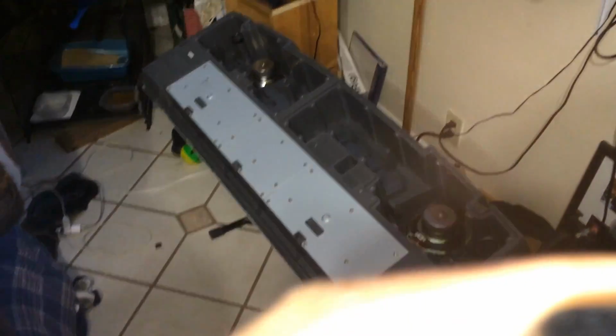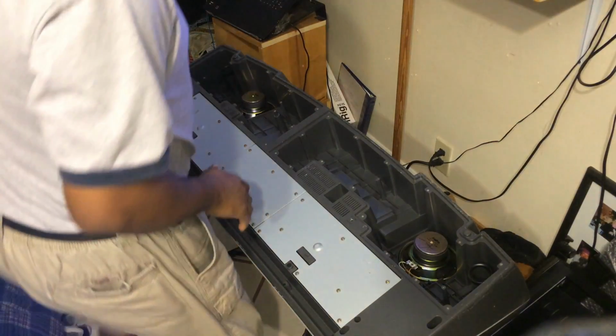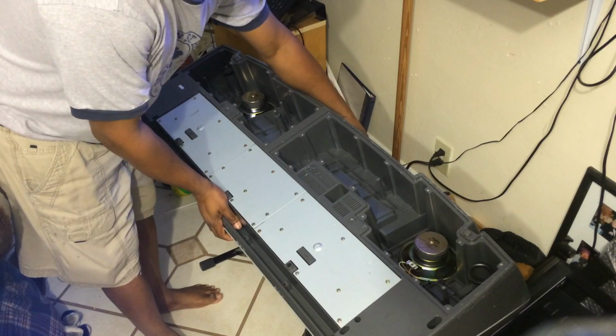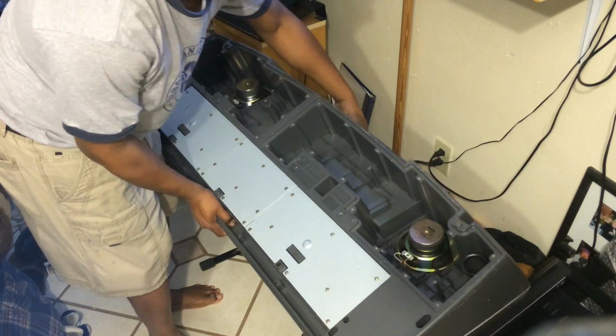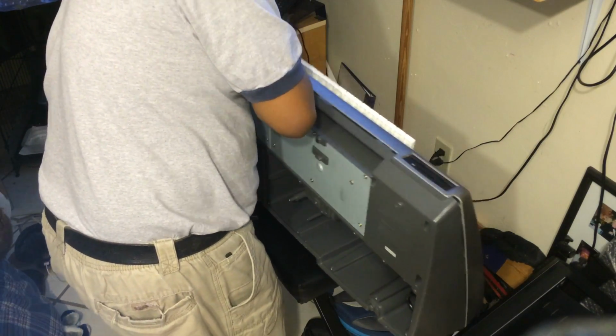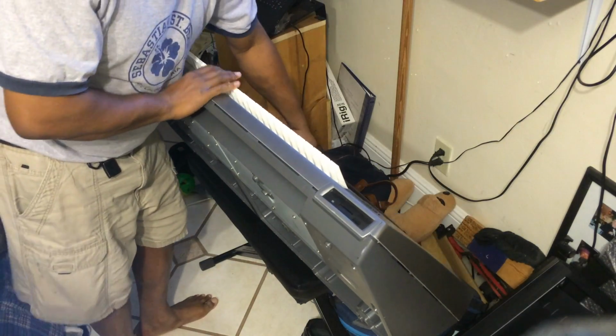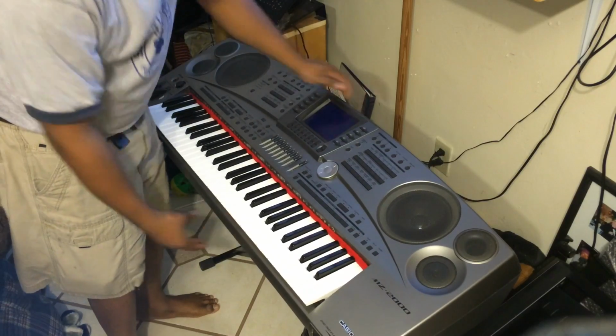So I'm going to put this on a stand and I'm going to flip this so you can actually see it. Here you go. Hold both sides together. You can even hold the keys. Take it up, flip it around. I usually put it to the back because the keyboard's so heavy. Then I grab it from the back and sit it down. Alright,